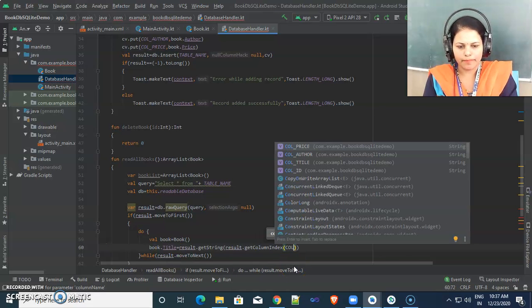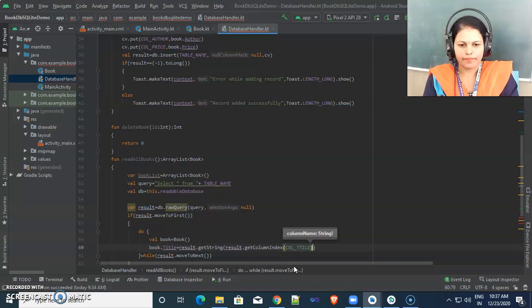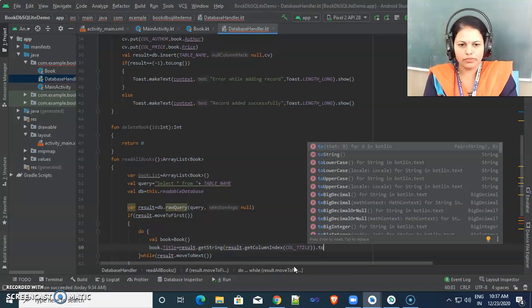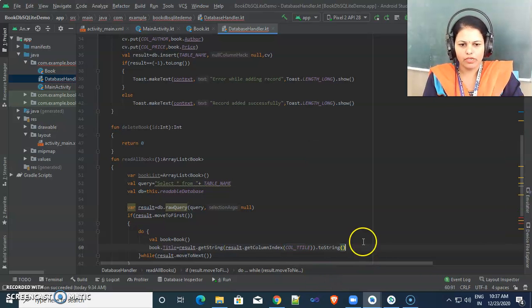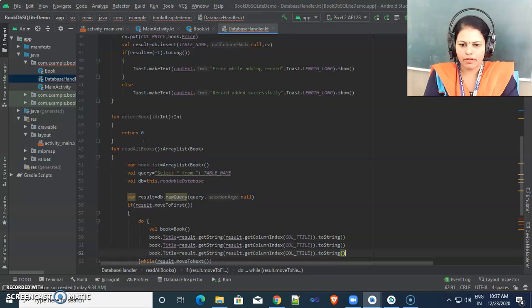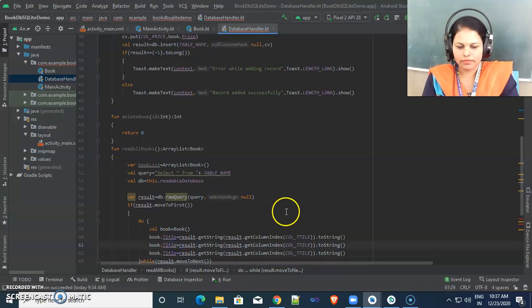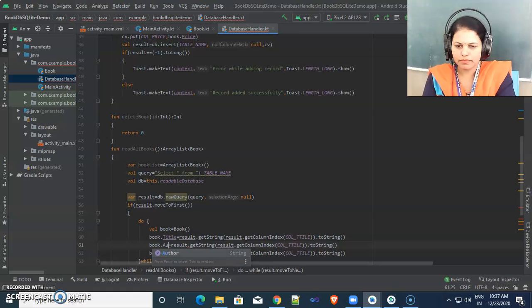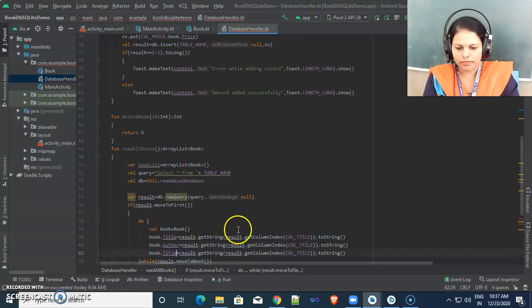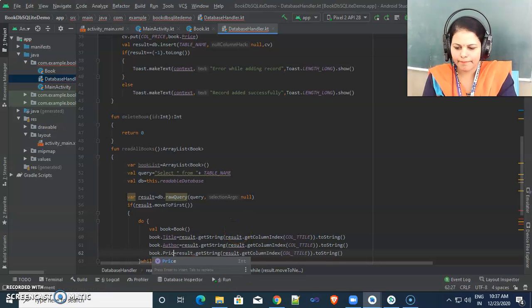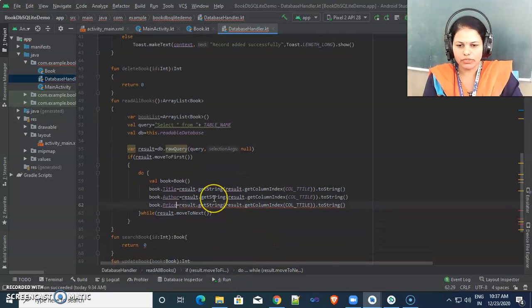Then dot to string. So in this way we are storing values one by one inside one object called book: title, author, and here is price.